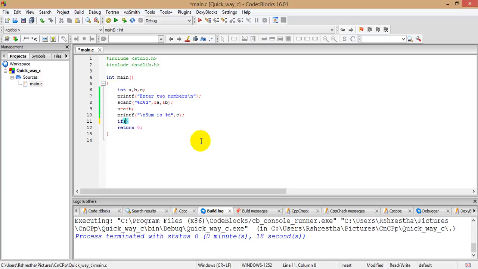The syntax of if statement is: if test condition is true, then do this, something like this one. So we'll be setting one test condition here. If this particular test condition is true, then execute this. For now I want to deal with the test condition revolving around the result of a and b. That is, if c is greater than, let's say, 20. If c is greater than 20, then just display the information like, let's say